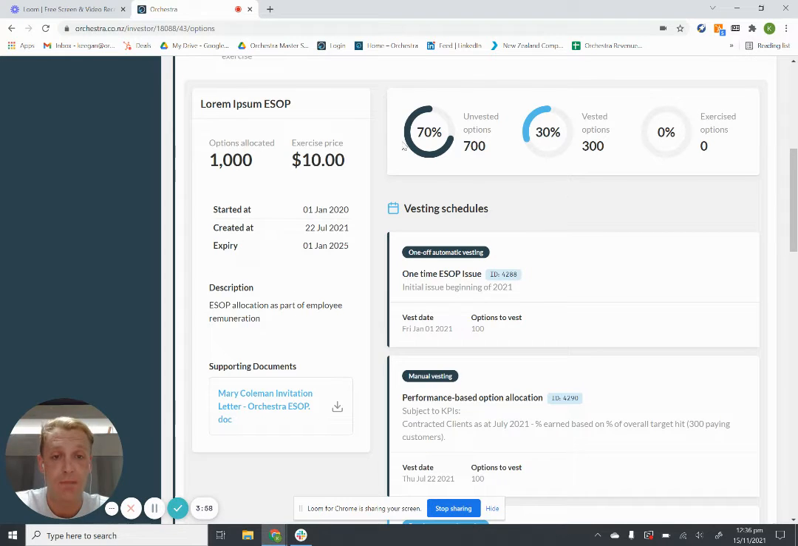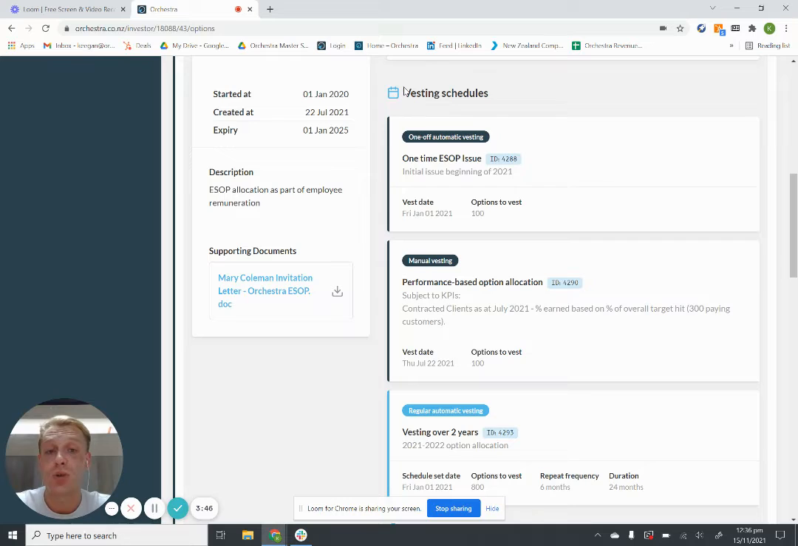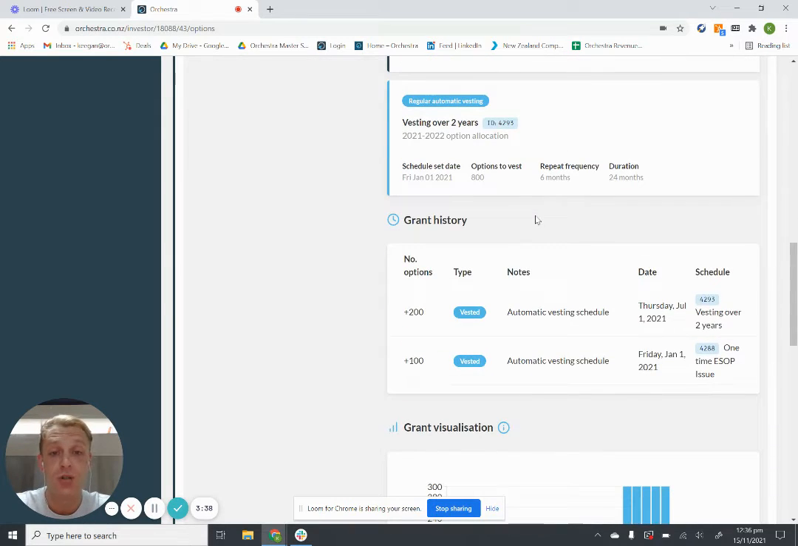that ESOP. Now, these graphics at the top, they represent where your call options are sitting in terms of their life cycle, so whether they've been vested or unvested, all the way through to being exercised. You'll also have access to any vesting events which are upcoming. So whether that is a one-off ESOP issue or a performance-based issue,